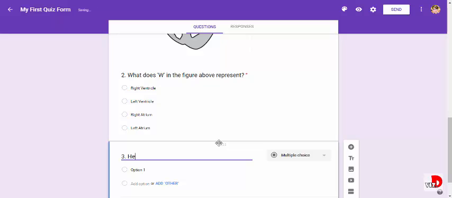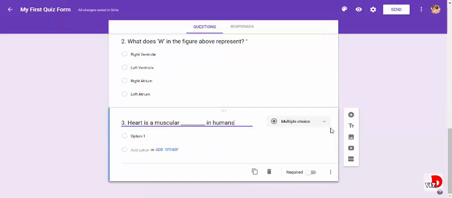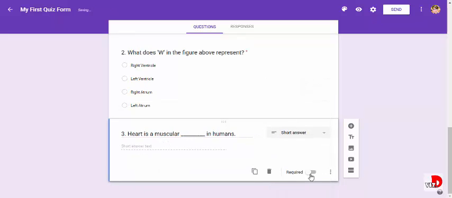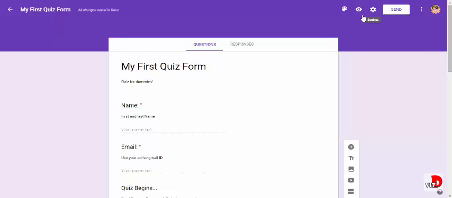Let's say the heart is a muscular dash in humans. So this again you can keep multiple choice, but if you want to keep it a short answer, you can click on that. Let's keep it a short answer for now. Make it required, and once this is done, you can see the whole form how it may look by going